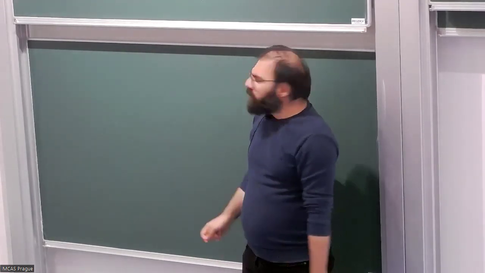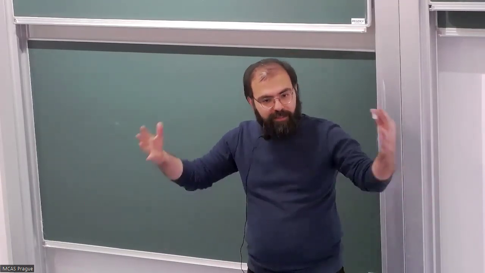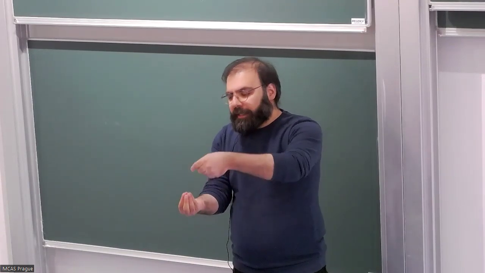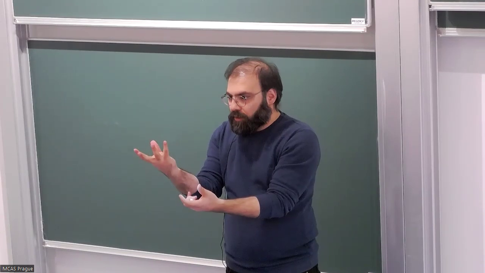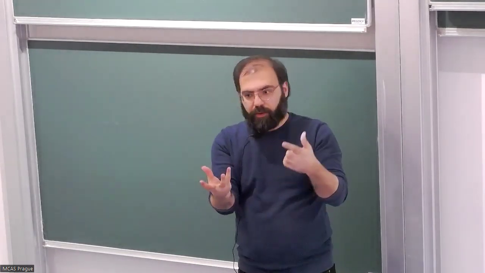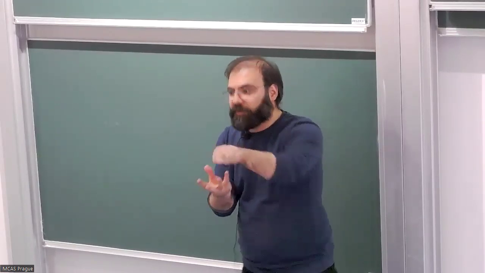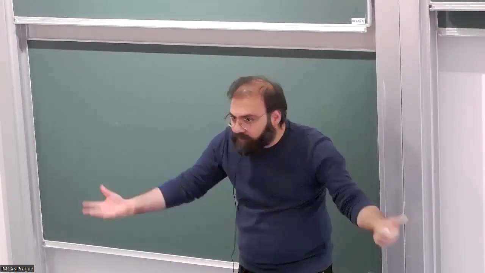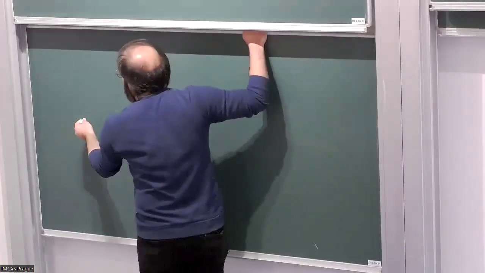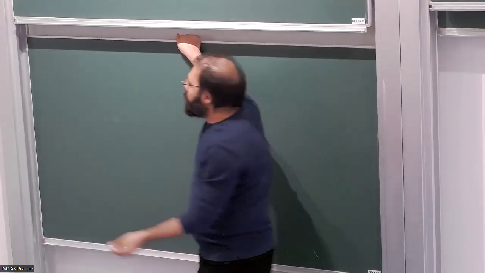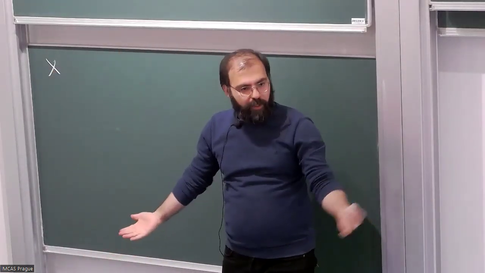So the philosophical thing is this. When you have a category, everything is relative. That's the beauty of it, right? You understand some object just by looking into the morphisms to this object or from this object. This is the only information that you have, really. And these are two different approaches. So one is that you always fix your X, say.